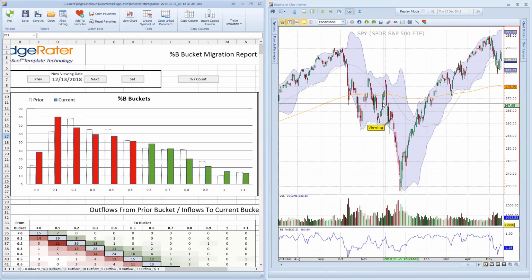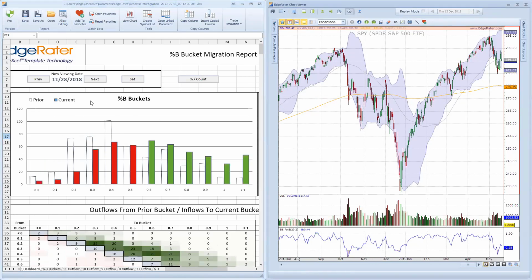You can click on a bar, and the migration report will update to highlight how the market profile was on that particular day. I may be using market profile, which may be a term used for another completely different thing. I'm just talking about the general breadth of the market here. So how did stocks look? How did the buckets look